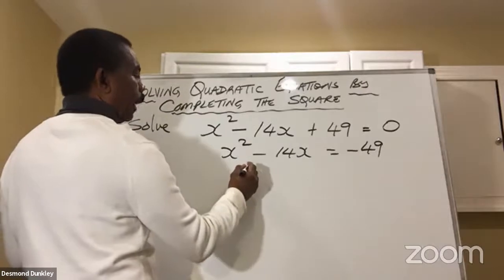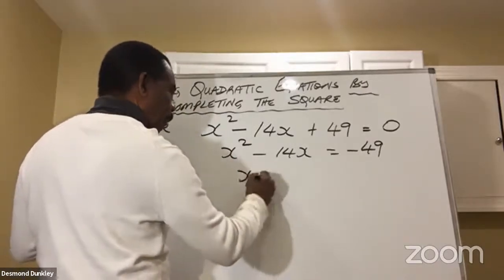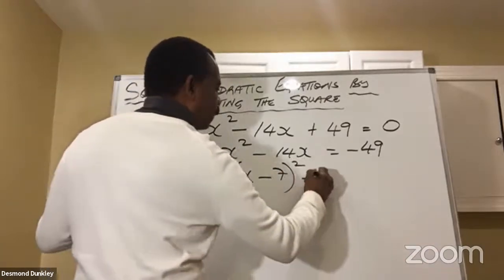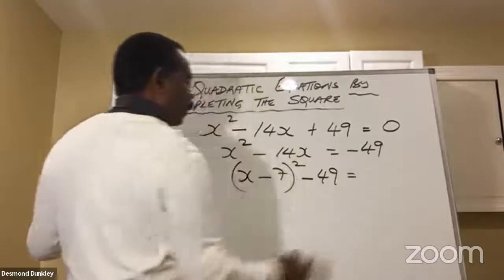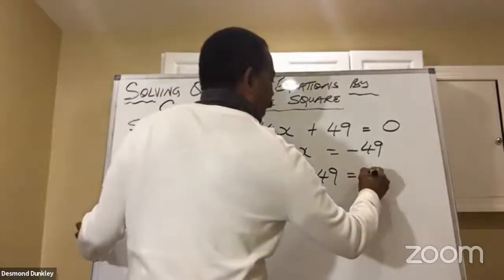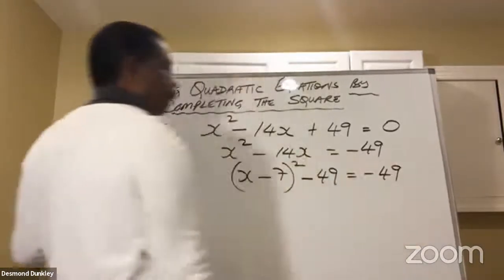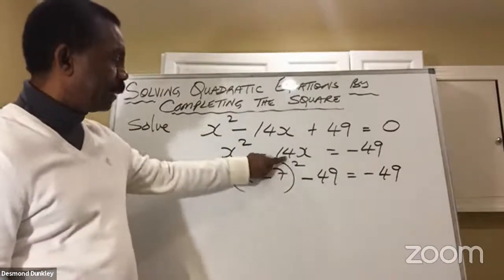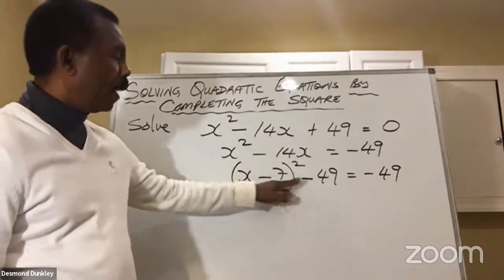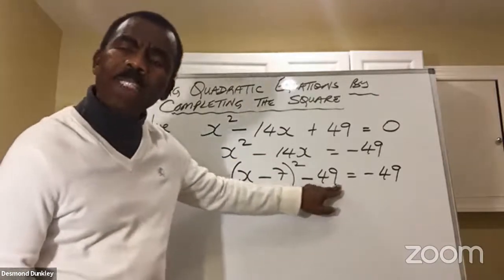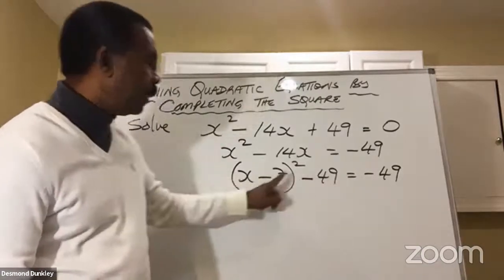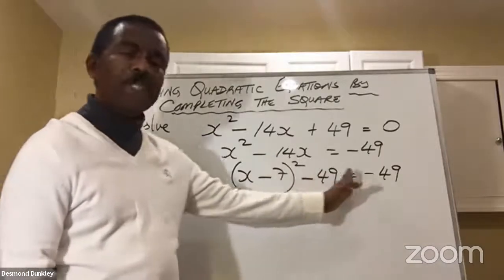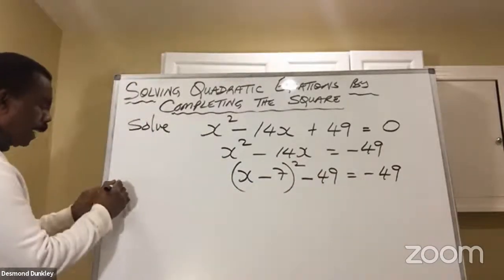And then we end up with x minus 7 squared minus 49 equal to negative 49. How did we get this right here? By dividing this by 2, we get negative 7. How do we get this? I call this the adjustment. How do I get this adjustment? Just by squaring 7. 7 times 7 is 49, but you have to subtract this because if you add